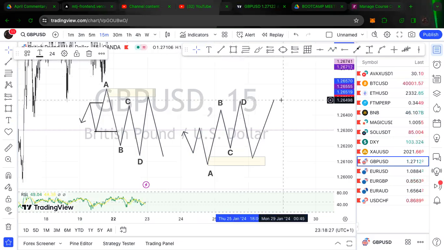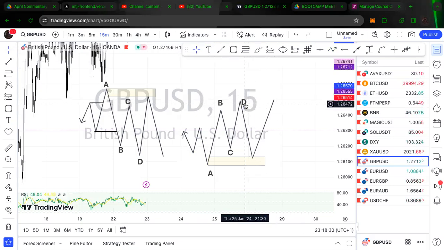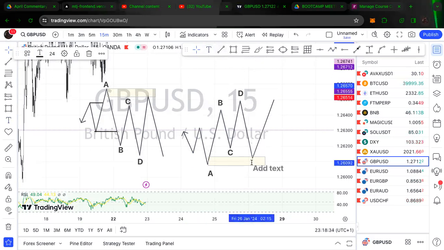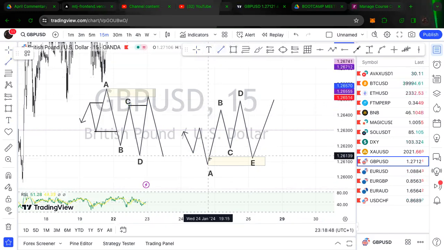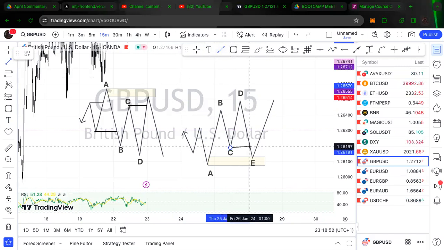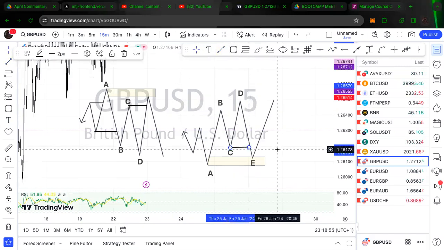That is your D. So where will your entry be? On your E. Your E is coming back into your A. Your entry will be on your C though. Your stop loss will be above your A, because that is your liquidity. Okay, your entry will be on your C, but your stop loss will be above or below